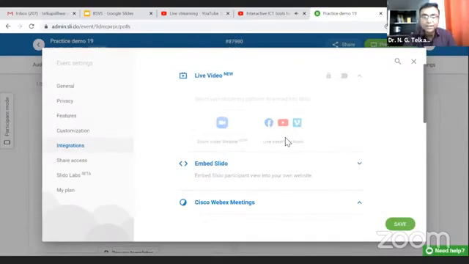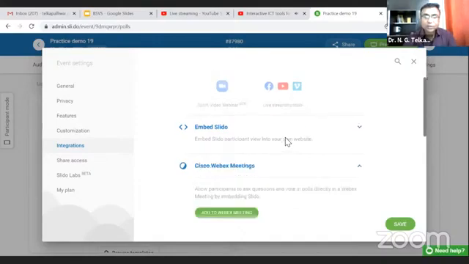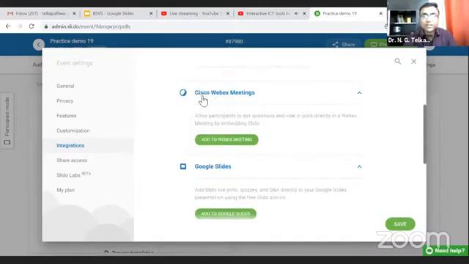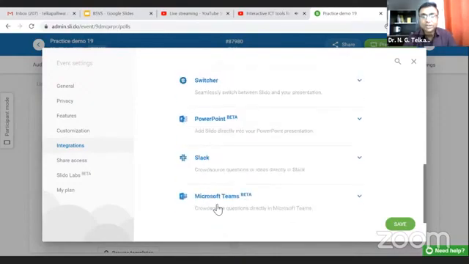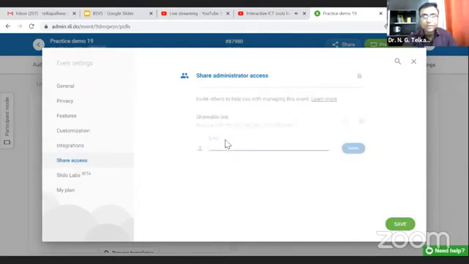They can be integrated within this platform called Slido. But in the default version, Cisco Webex and Microsoft Teams are already included. Then share access. You can share this link through email, or through a class code like 87980. The class code or event code is generated here, or you can provide the QR scan code. Through scanning the QR code, the student can also participate in the live poll or live quiz.